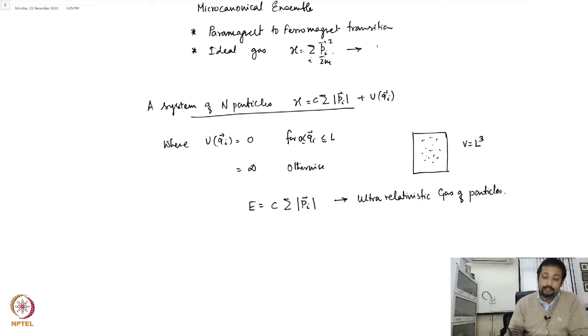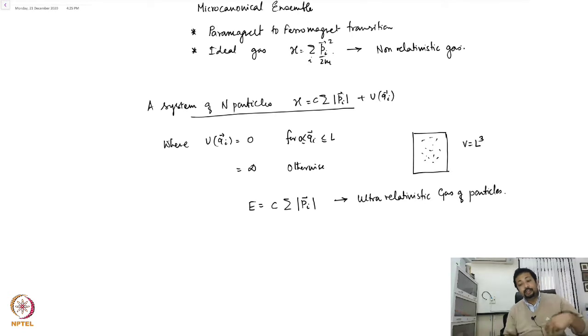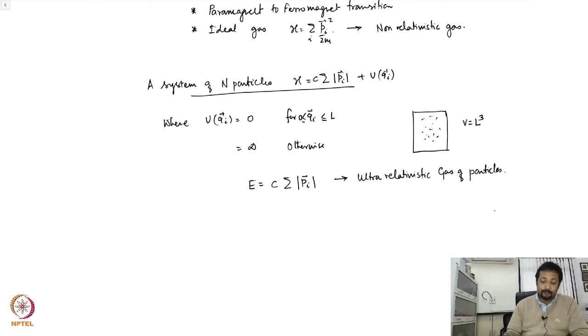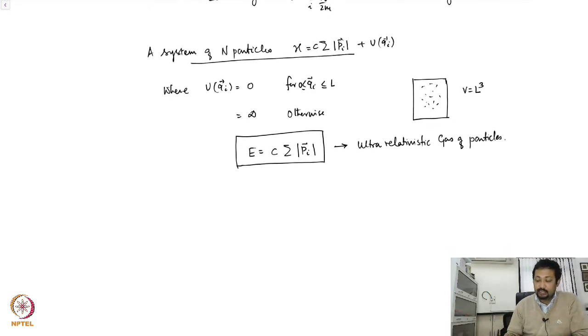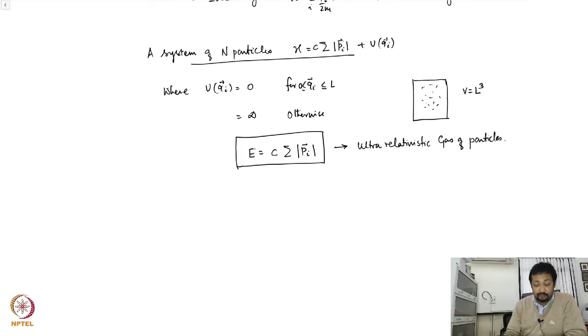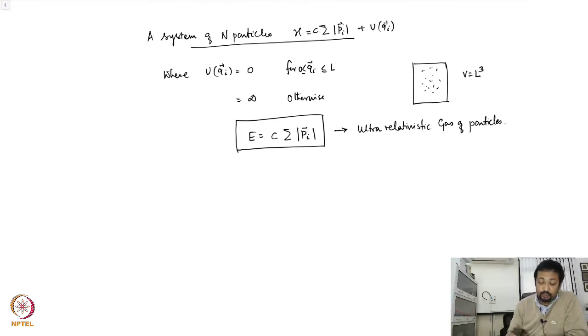Here, this was a non-relativistic gas, and we calculated the entropy, the pressure, the equation of state, and so on and so forth. Now we want to look at something like this. It's illustrative and instructive to look at a two-particle system first. So let's look at a two-particle system